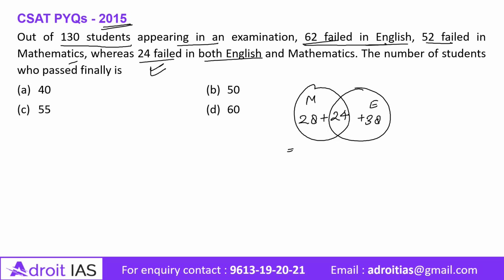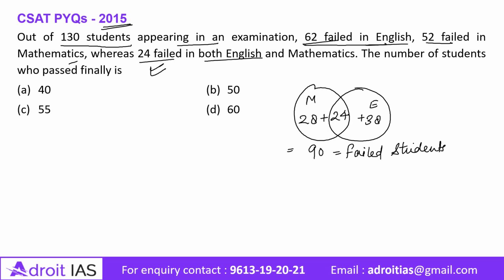So this is 28 and 38 plus 24, right? 28 plus 24 becomes 52, 52 plus 38 is 90, right? So 90 are the failed candidates. Okay, everyone, so 90 are the failed students,